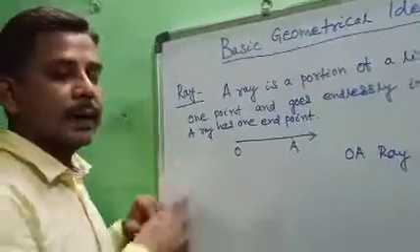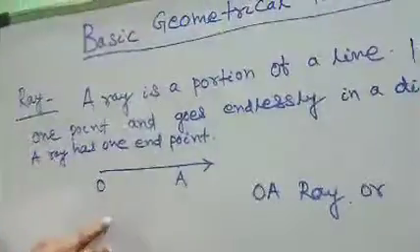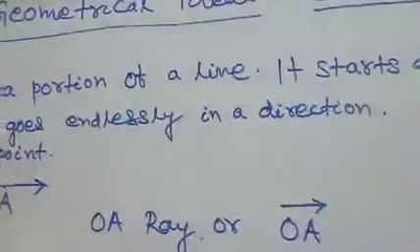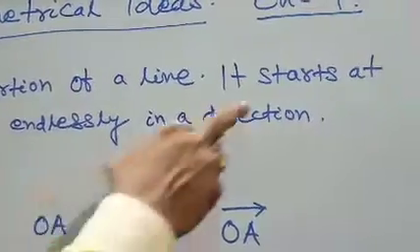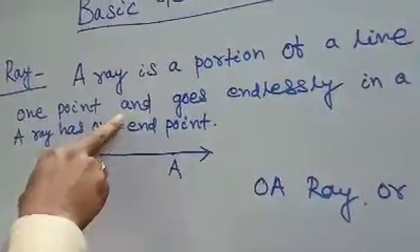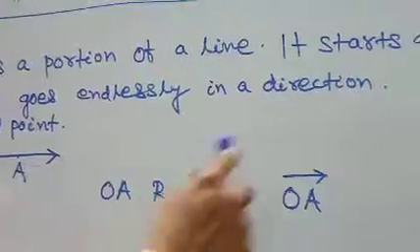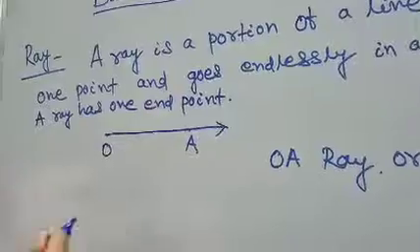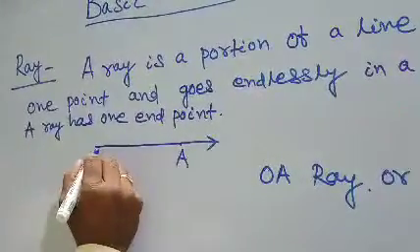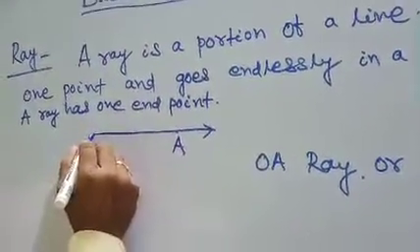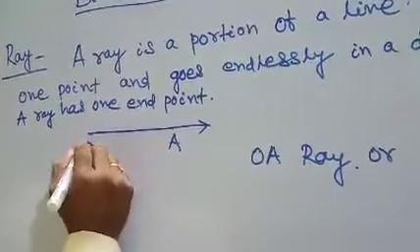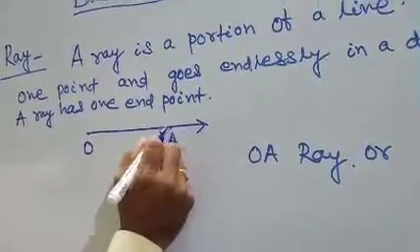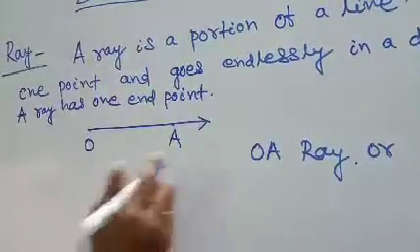Next one is ray. Note it down. A ray is a portion of a line. It starts at one point and goes endlessly in a direction. Look here. A ray starts from a point O and goes endlessly towards A. Arrow mark means